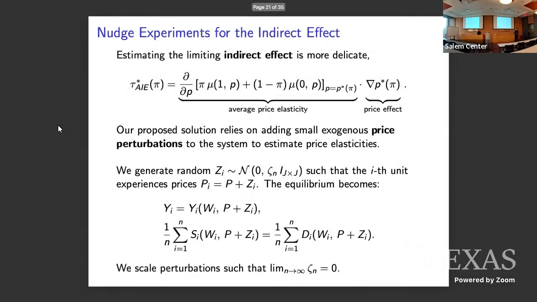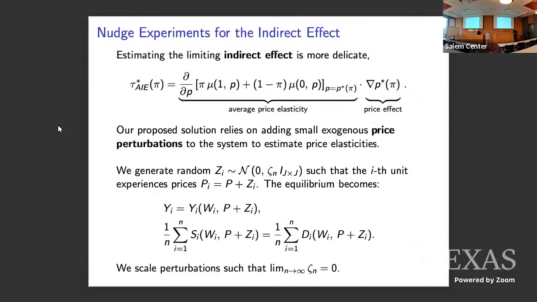All right. So that's for the direct effect. Then there's the indirect. And remember, this depends on the average price elasticity and how treatment probability affects prices. And this is tricky. I conjecture that this might not even be estimable from the original RCT, where you only randomize treatment. So what we do in the paper is propose using an augmented experiment to get a handle on this.